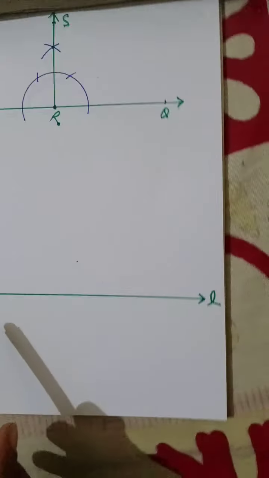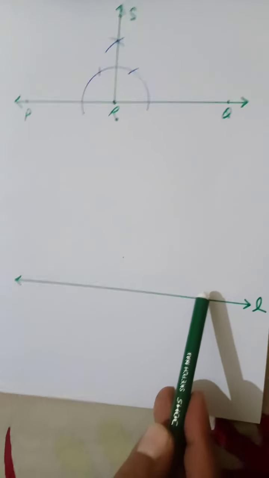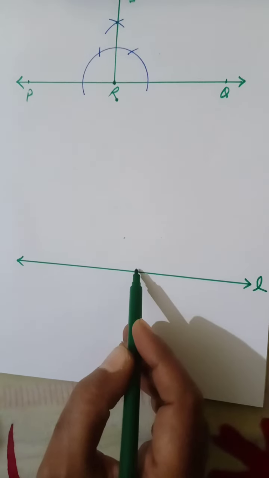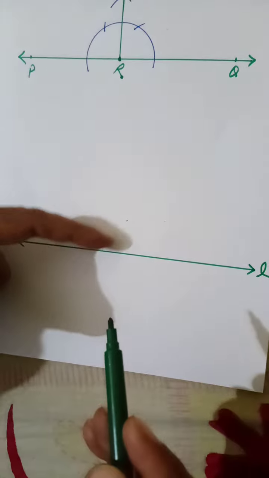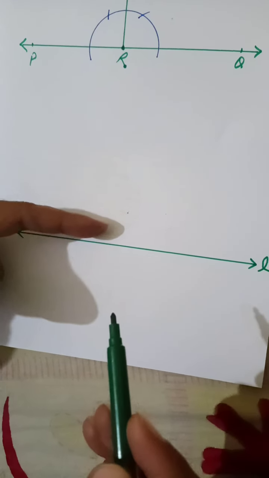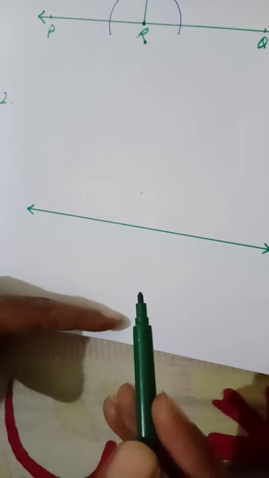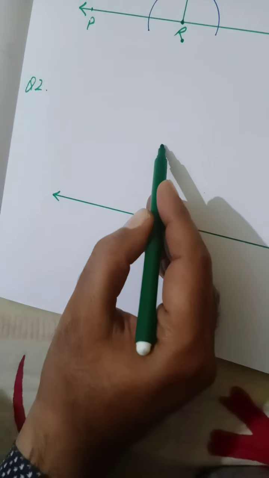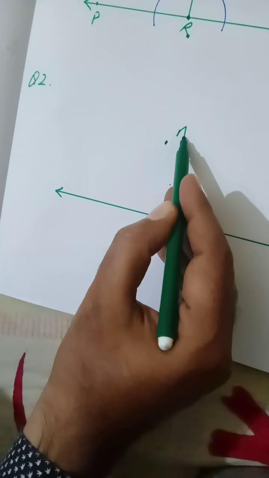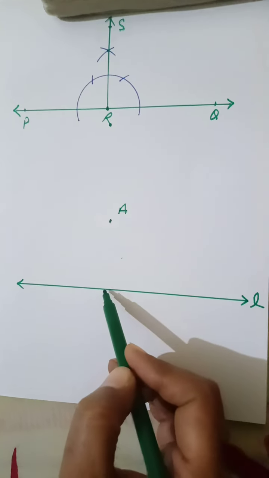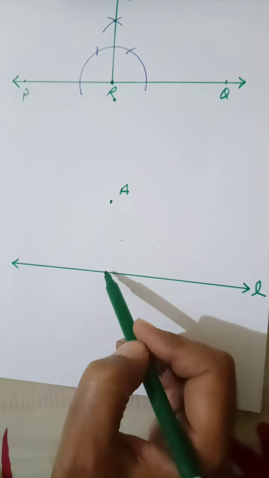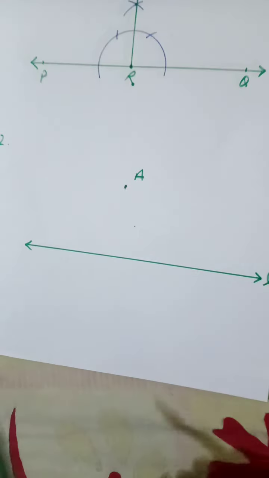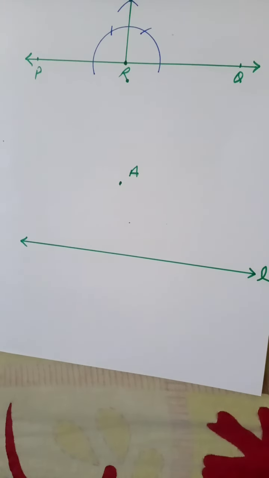So first of all, we will draw a line L. I have drawn it. This is line L. And we have to take a point A which should be outside the line. We can take point on upper part and we can take this point in lower part also. We can take this point here or here. I have taken it here. You can take this point about 4 or 5 lines of your notebook. Okay, not very close or not very far from this line. Then it will be easy to construct.